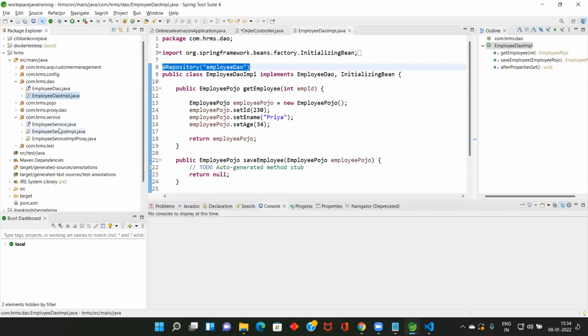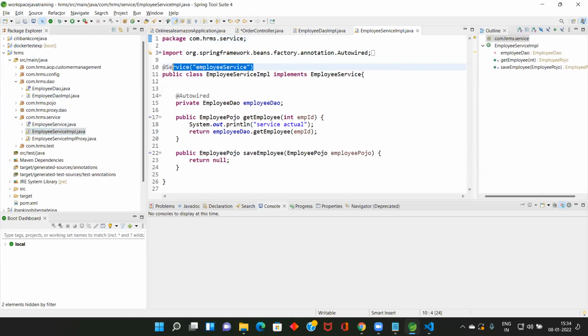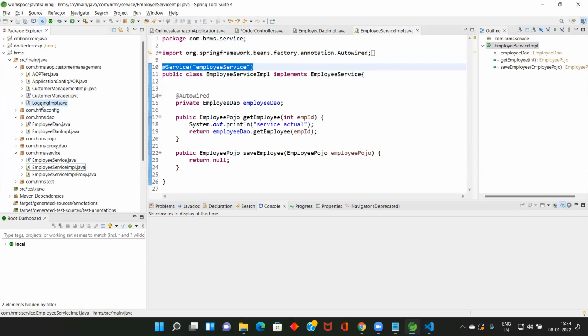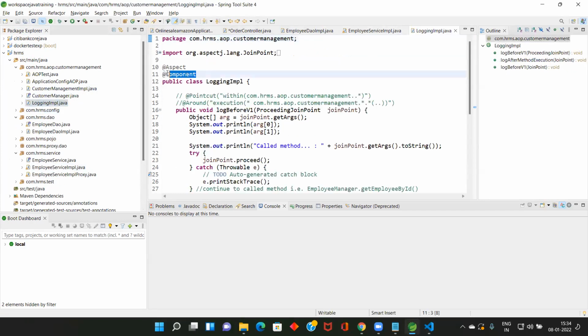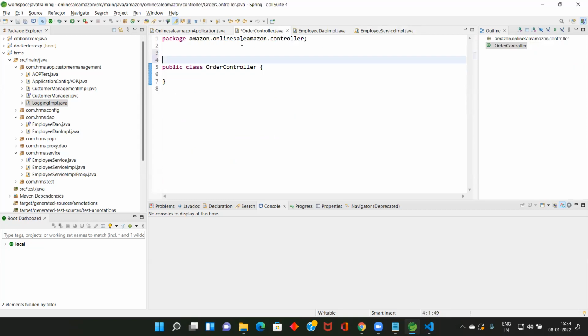We annotated with @Service, we call it a service class, the service layer. Then we created another one called AOP, with @Component. One thing we have not used yet is @Controller. So now we are going to do that. Can you all open this OrderController? In OrderController, can you annotate with @RestController?